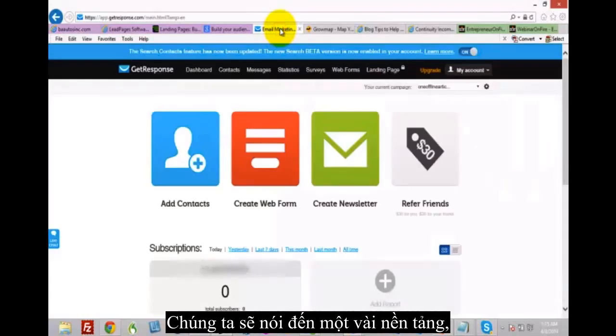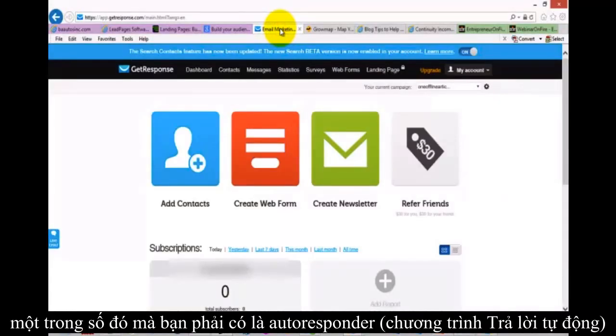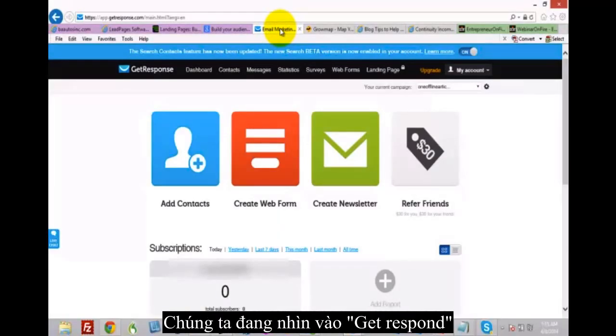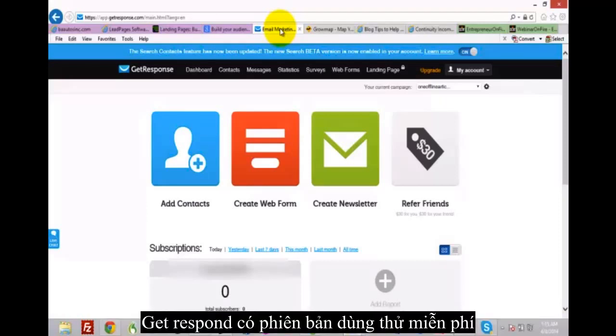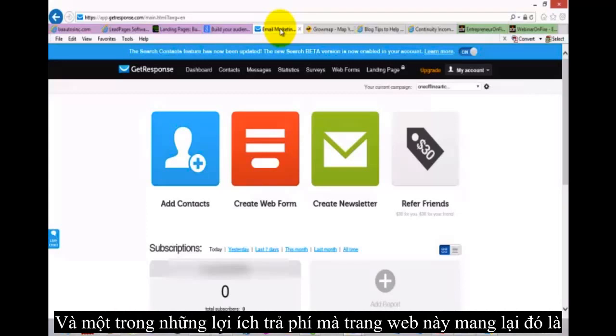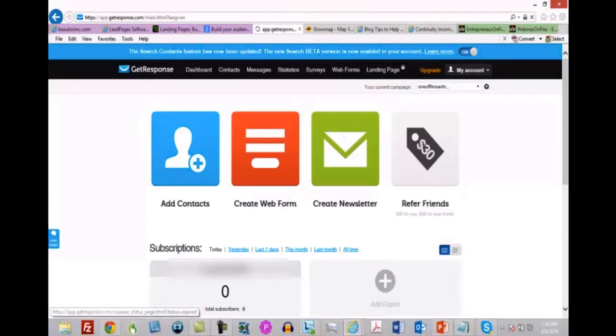One of those things that you're going to have, obviously, is an autoresponder. Now, you're looking at GetResponse right now. There are several available. There's Aweber and iContact and lots of different autoresponders available. GetResponse does have a free trial. One of the benefits that GetResponse does have is that they've got built into their pricing a landing page feature